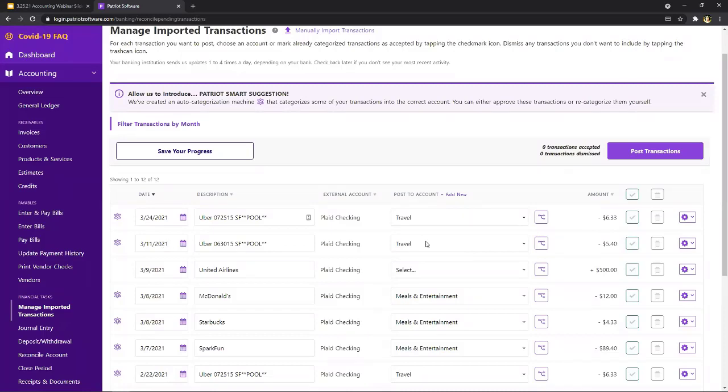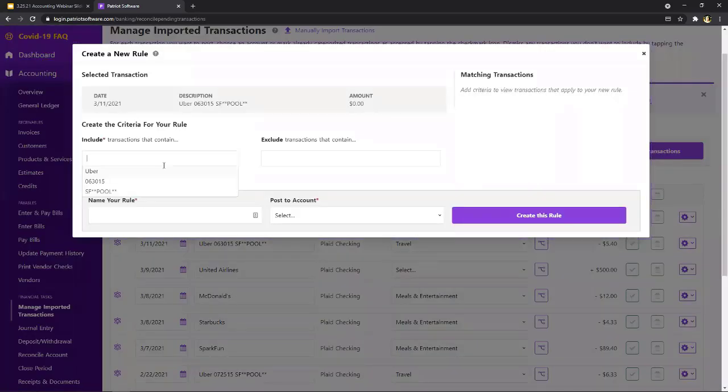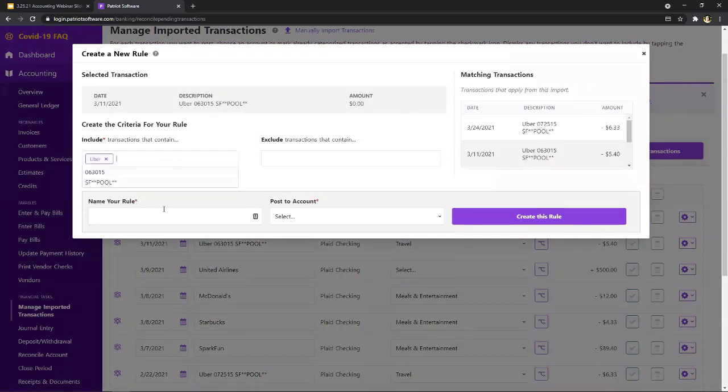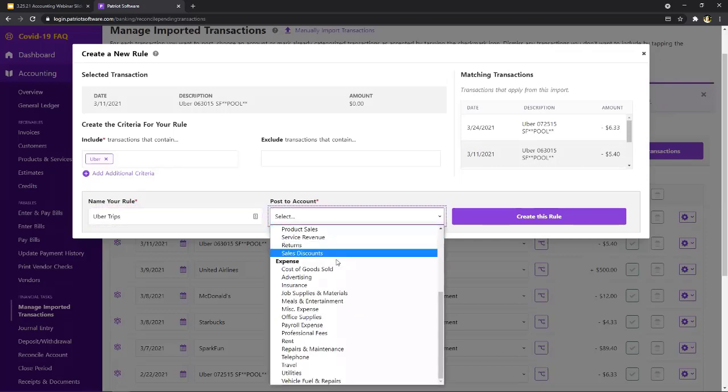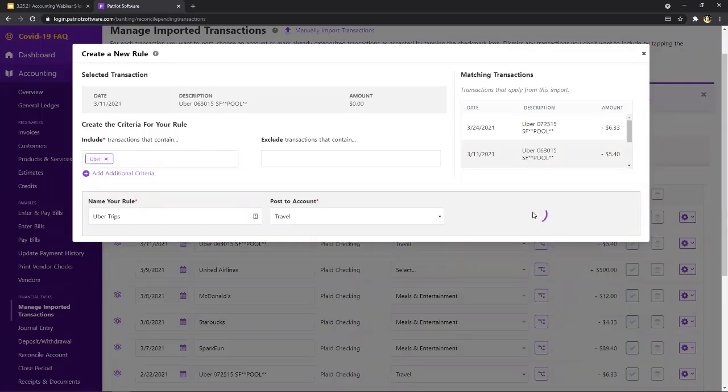We also have the ability to set up rules. So again, at the end of the row, you have some actions here. So I can create a new rule. So for example, I'm going to look for any transaction that contains the text Uber, and I'm going to name my rule Uber trips. And I'm going to make sure that any of my Uber trips get posted to my travel account. And you can see here, there are a couple transactions that will apply. So when I create that rule,